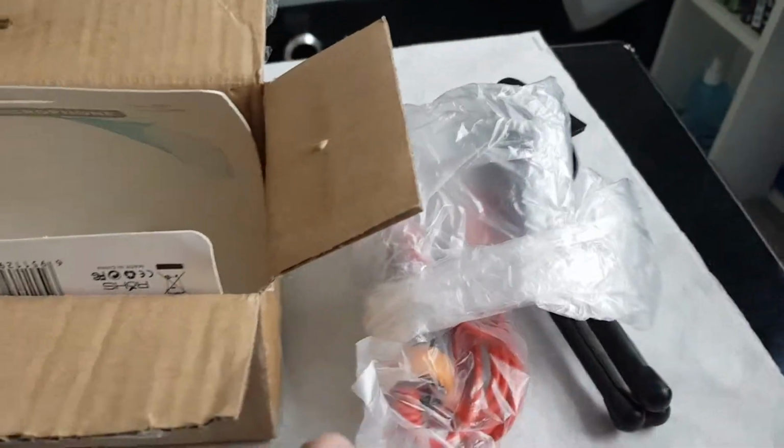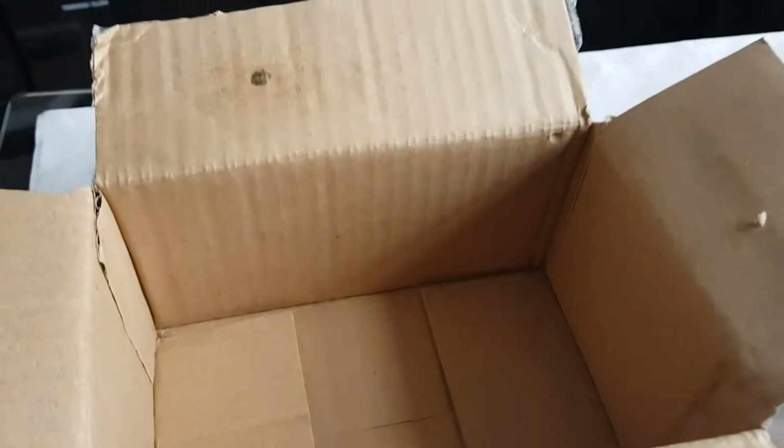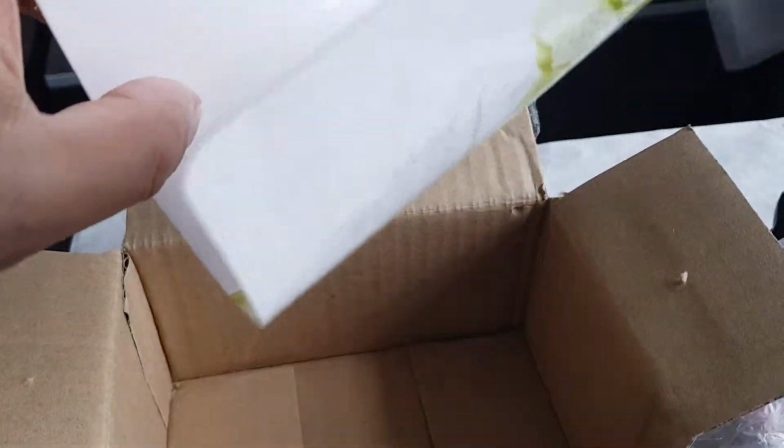Let's put that to our side. What else is in the box? I don't know what this is. Might be the original microphone's instruction manual or something, or packaging, I don't know. So it's a condenser microphone,